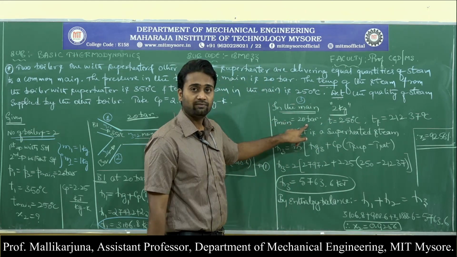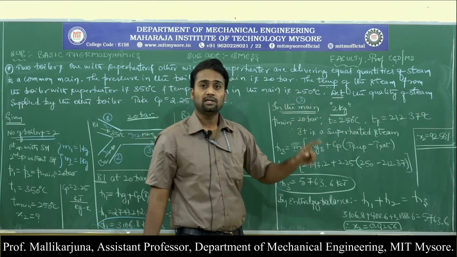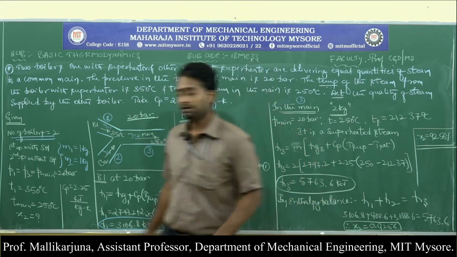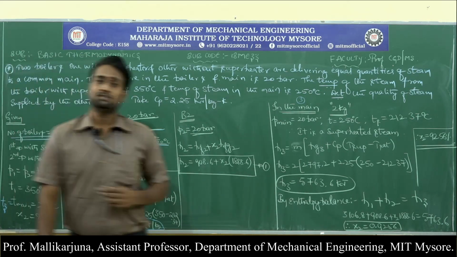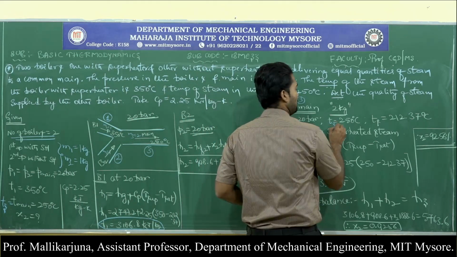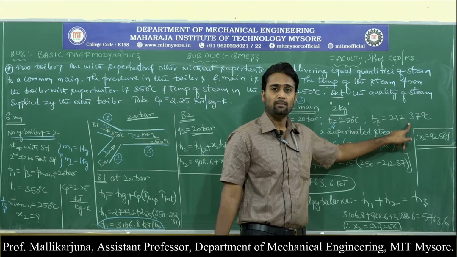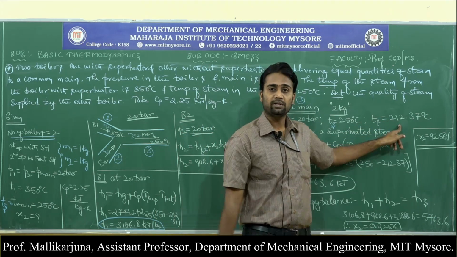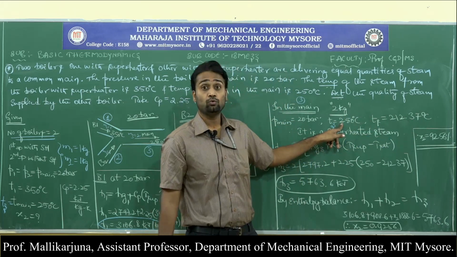Now pressure we are very aware, entire system is operating with 20 bar, and T of the mains, temperature of the main he has mentioned 250 degrees centigrade. Make sure T main is nothing but T3 also, since I have given the condition number 3 to the mains, so it is also considered as T3. So here T3 is 250 degrees centigrade. At a 20 bar pressure, saturation temperature is 212. At 20 bar pressure, saturation temperature, this I have extracted from the data handbook. Saturation temperature itself is 212, but the steam is at 250 degrees centigrade.